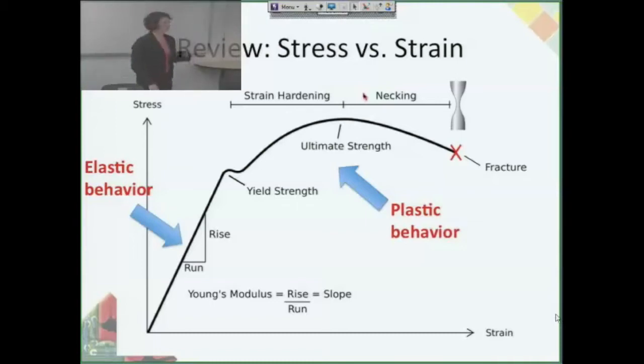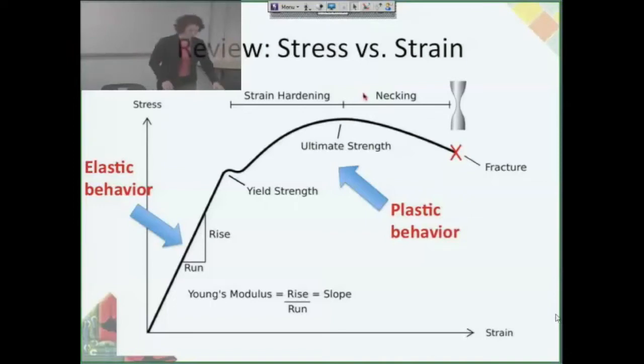So there are some important spots here that you need to know about. Yield strength is important because after that it starts deforming. Ultimate strength is the highest stress that you can apply to it, and then the fracture stress is of course really important so that you know where it's going to break. So that's what a stress strain curve looks like if you're just going to pull apart a standard sample in